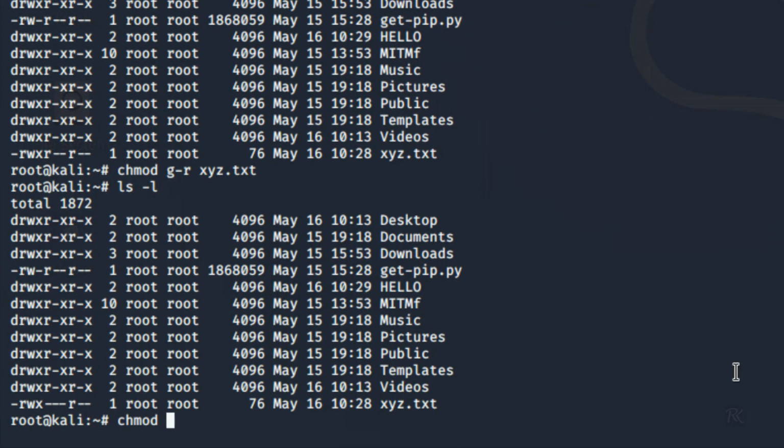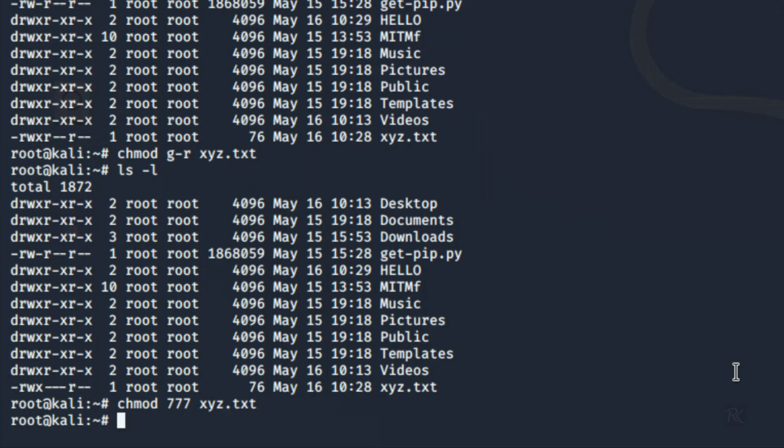There is one different method to give permissions to your file: chmod, and you have to specify the number, that is 777, space, your file name, the file to which you want to give those permissions. This 777 will give all the permissions to your file.